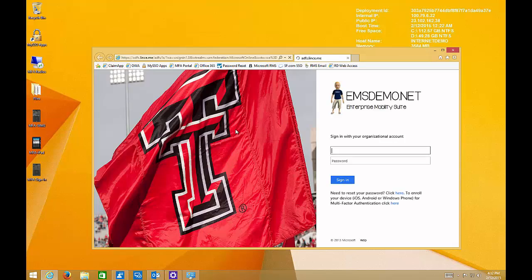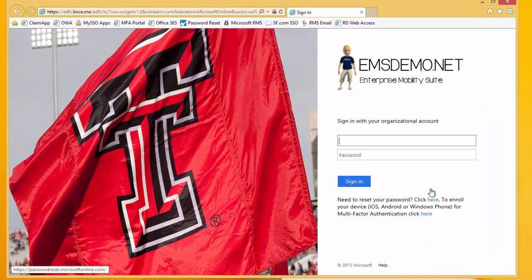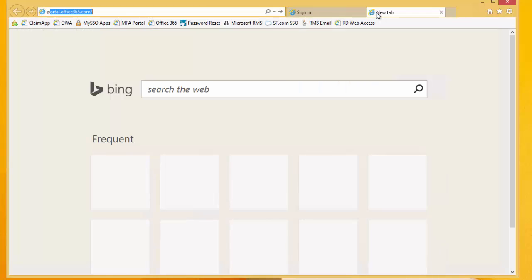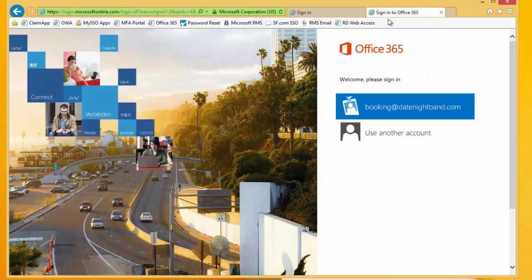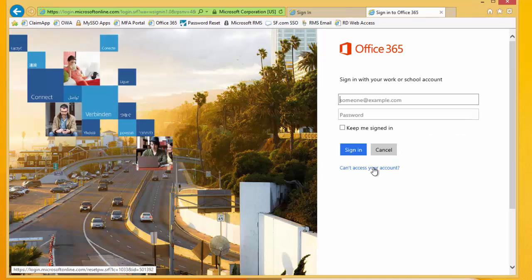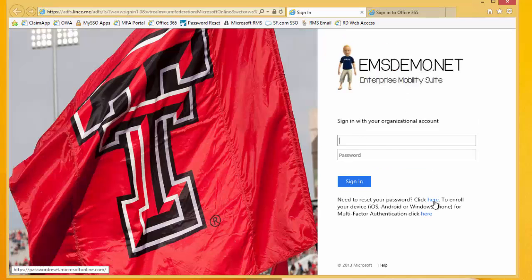So same device here, but I realize I can't get to my password. So here's my ADFS login page. I can customize this. It's on-prem, so I can do that. Easy to do there. Here's the Office 365 portal. Same thing. Can't access your account. Both of those links go to the same place, which is our